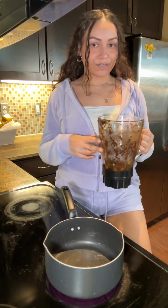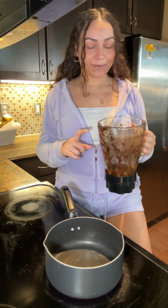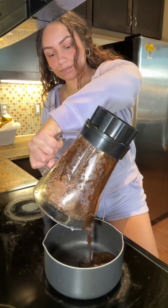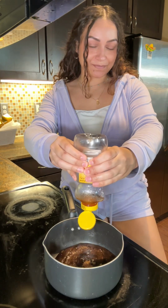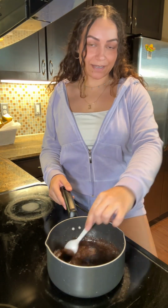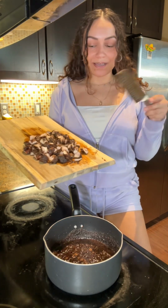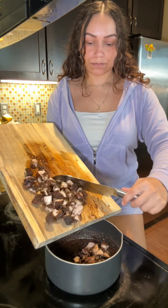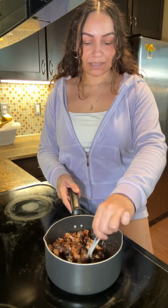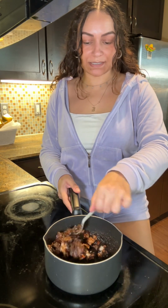honey jerk sauce. For this sauce, I'm going in with the other half of that marinade that we made earlier, brown sugar, and a couple tablespoons of honey. I'm going to let this simmer and thicken up for a couple minutes. While this was simmering, I cut my chicken into smaller pieces, so now I'm going to add that into the sauce. I'm just going to toss this a little bit and make sure every piece gets nice and coated,